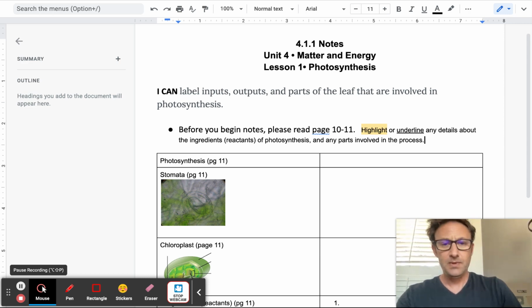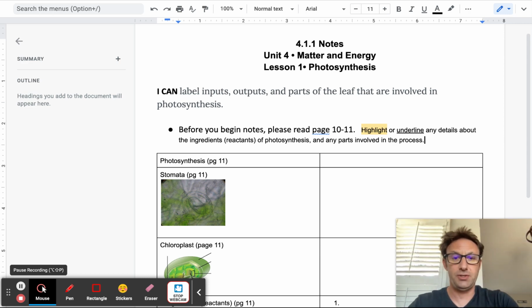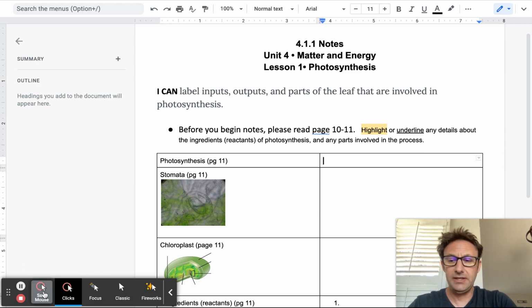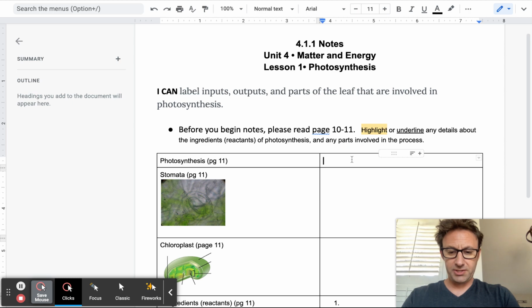Delicious. What I'd like for you to do is I'd like you to pause the video and on page 11, write the definition of photosynthesis and go ahead and put it in this section right here. Now, you could have written it in your own words. You could have written the actual definition as well. It is essentially a chemical reaction